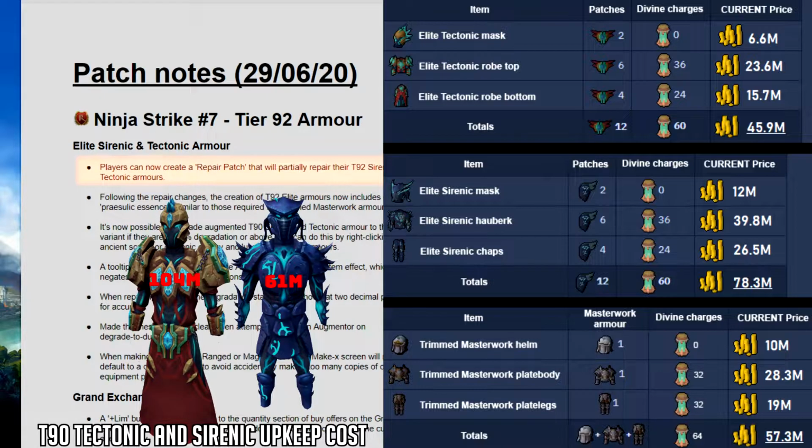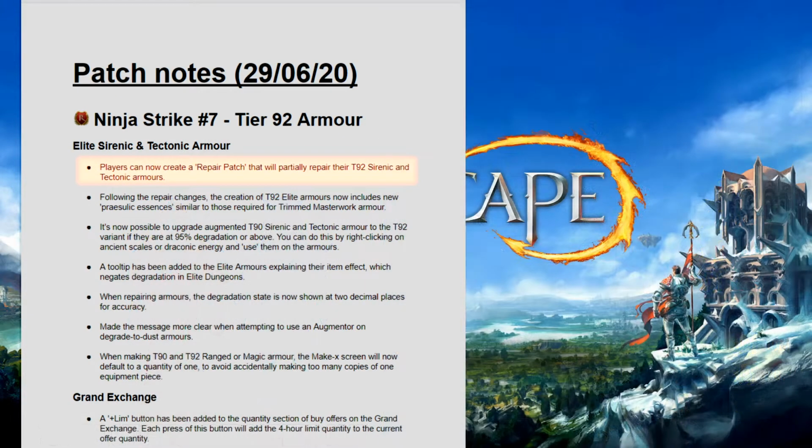Even though Elite Sirenic is priced pretty closely to normal Sirenic, I expect the Elite variant to always be more expensive. Due to the low supply of the respective materials, we could even see that gap being broadened if the meta swings towards using Elite Sirenic. Remember that you don't only get a slight damage increase when upgrading armors, but also armor rating, which could be quite significant at a lot of high level bosses that don't have 100% accuracy, like Angel of Death, Araxor, Telos,